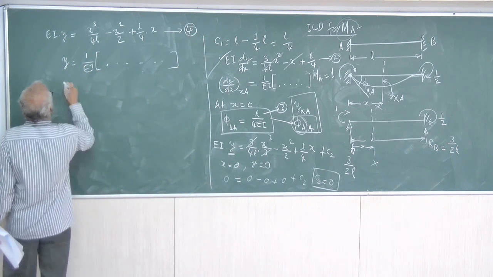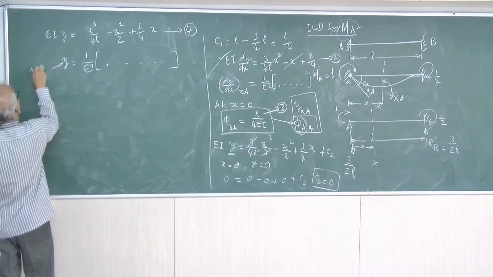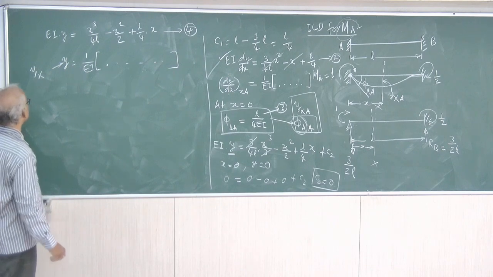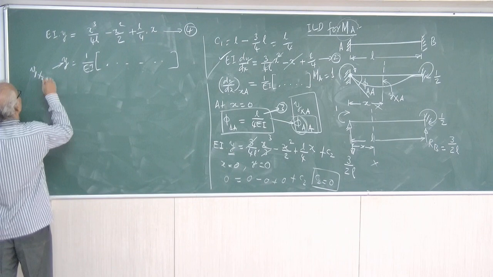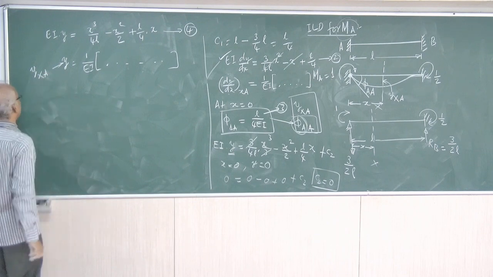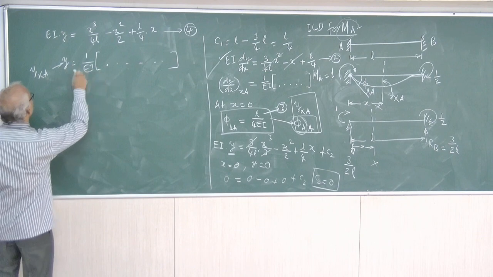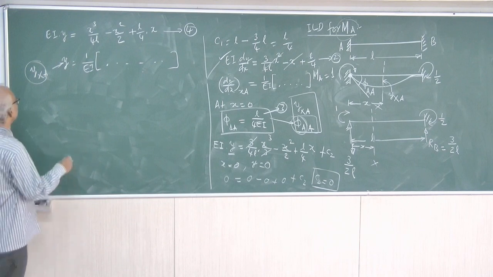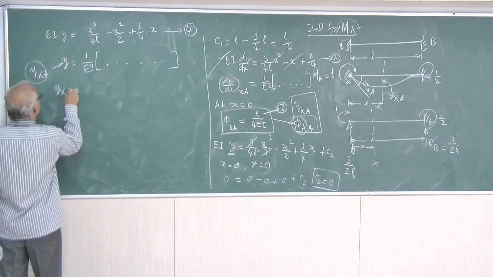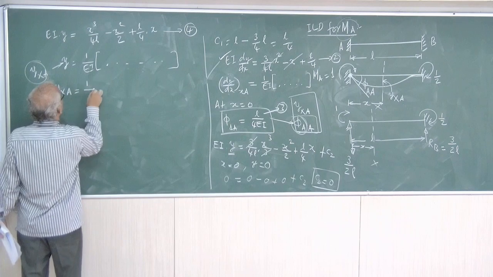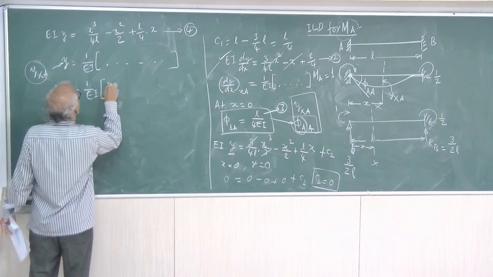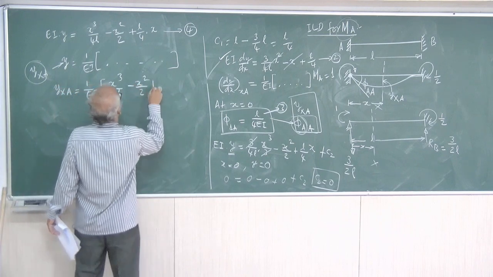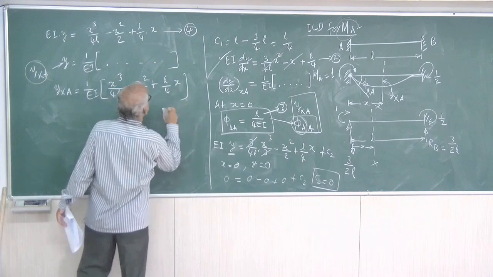Now this y is the deflection at any point x. When you substitute different values of x, you will get the value of y at the section. So y at any x due to unit value of MA, after applying this equation, you got it by applying MA equal to unity. So y_xa equal to 1 by EI into (x cube by 4L minus x square by 2 plus L by 4 into x).